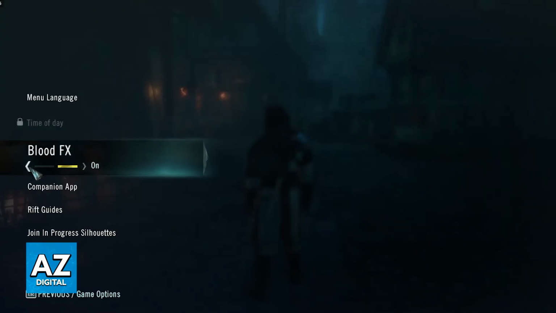First, I recommend turning off the blood effects. Even though this might seem minor, if you have really out-of-dated hardware, you need every single boost that you can get. Even though this is minor, I'm still gonna recommend it because taking particles away can help, so consider this. But if you want to have a more immersive experience, you can leave that on.